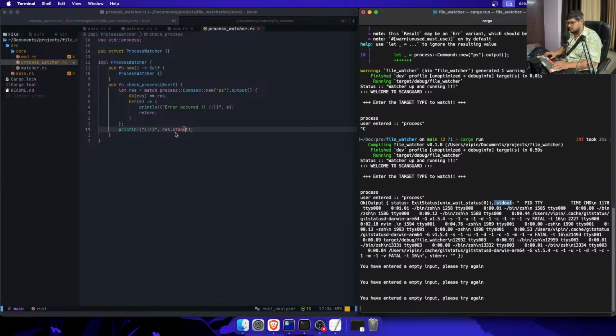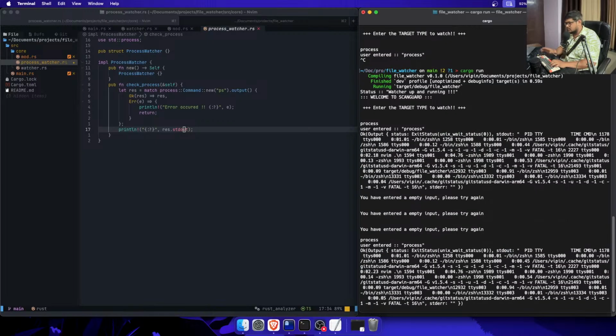So let's run this thing. If I run process, I'll have this thing. So these are all the processes that are running. Now we'll improve this as well. So how can we get more information about the processes? For that, if we use